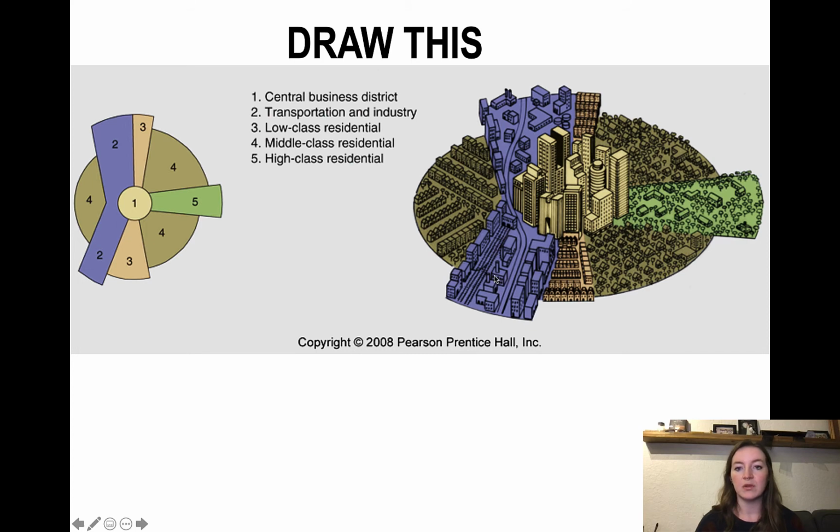Not the place where you want to live, but if you're very poor and you don't have a lot of choice, this may be the place where you live. Then we're going to have our low-class residential. That is right here. Again, quite low income, but maybe slightly more money. You don't quite live in here, but you do live right next to where you work. Very small, very tight, very crowded,